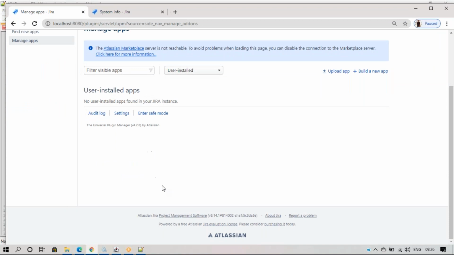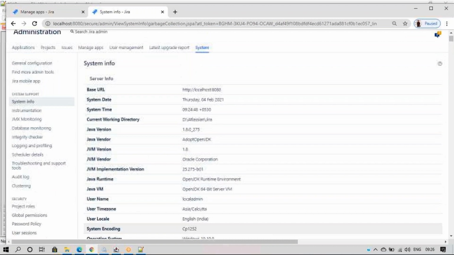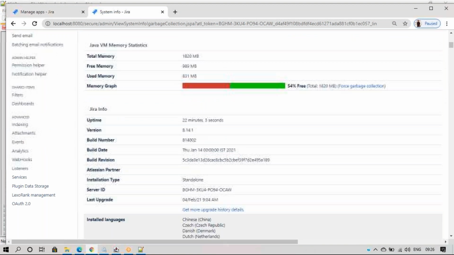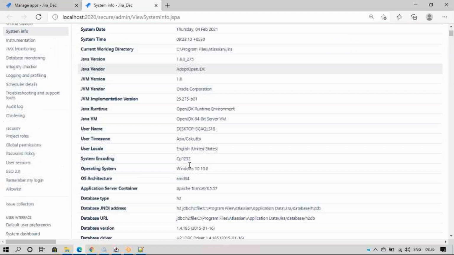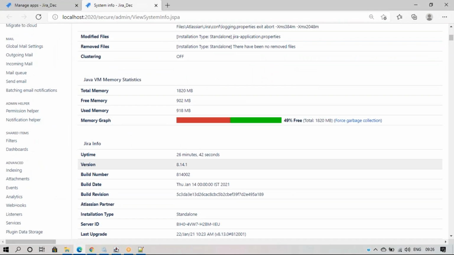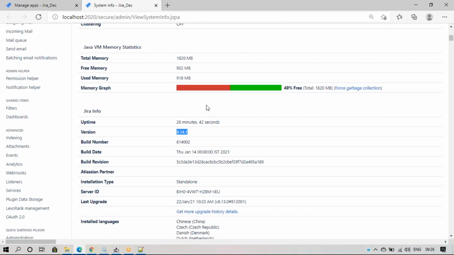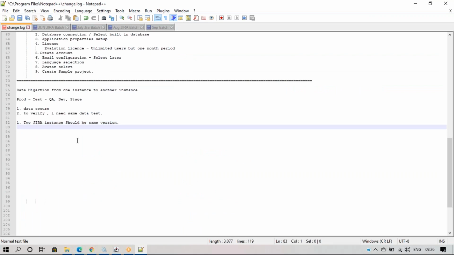If you see my Jira instance, going down, it is 8.14.1, this is 8080, and the same if I go to the other, also 8.14.1. So these two Jira instances are the same version now. This is perfect. If they are not the same version, you have to upgrade or downgrade. So the final thing is that the two Jira instances should be the same version.